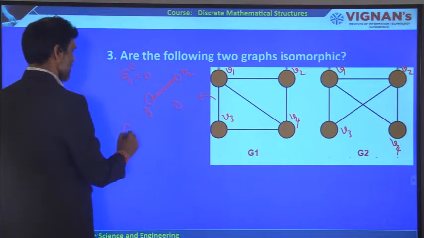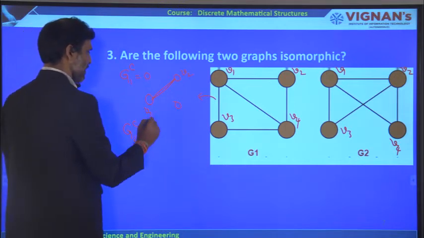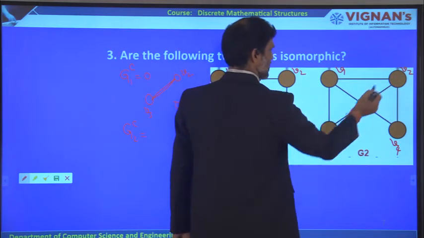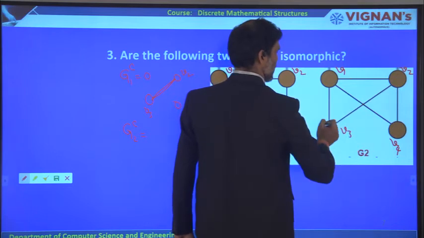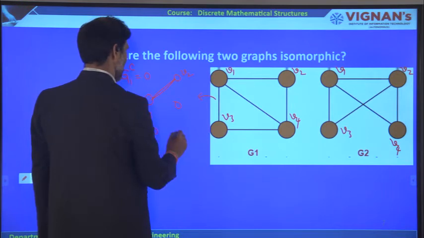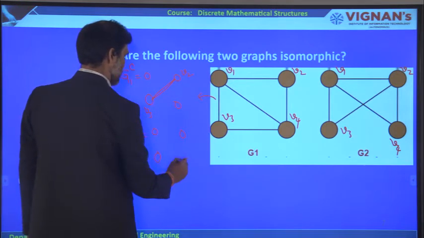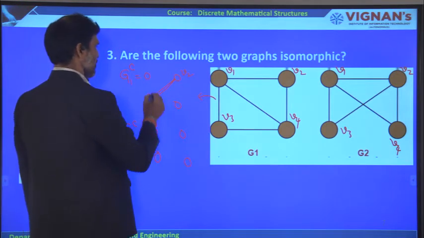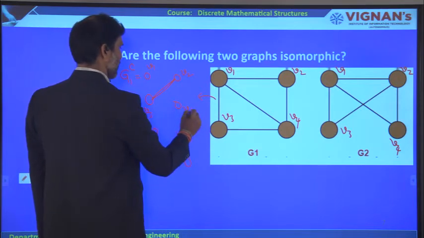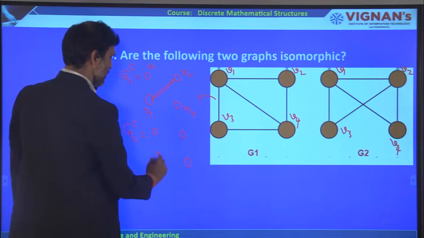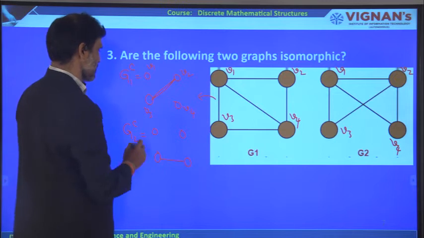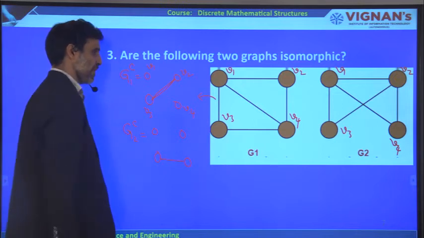And coming to the second graph, let us take G2 complement. So here G2 complement means V1 is connected with all other vertices. Similarly, V2 is connected with all other vertices, but V4 is not connected with V3. So here you will take like this. So here this is V1, V2, I am taking V3, V4. So here it is V4. But as we have seen in the degree sequence, this is the G2 complement.